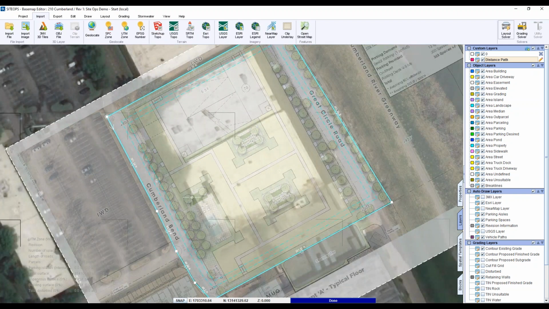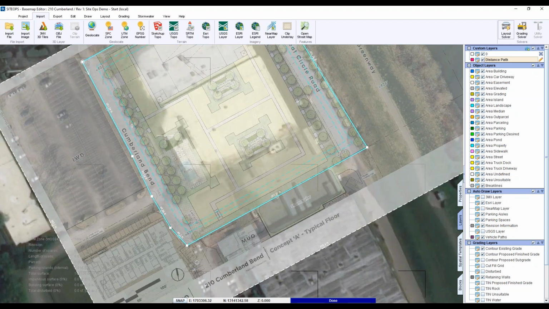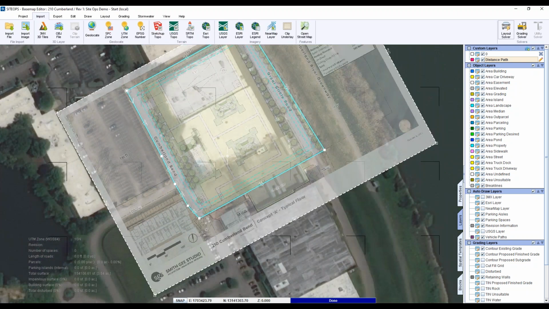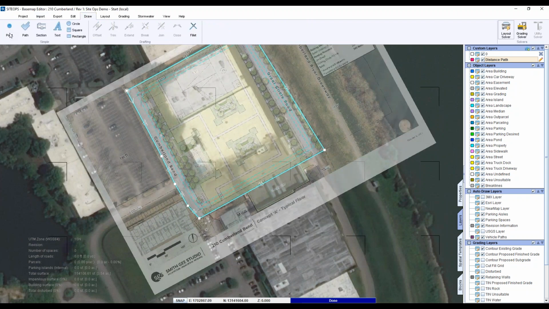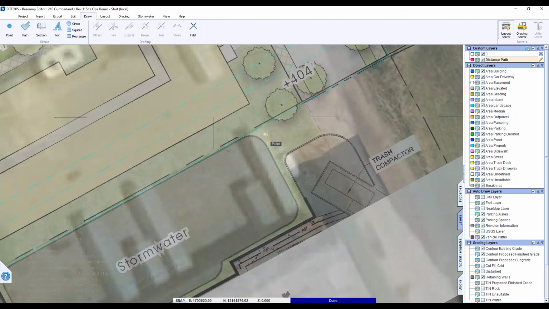And that does pull from ESRI servers, which is a third-party company, yep. But it pulls directly into SiteOps. So far, I've had really good luck with ESRI Topo, and this is luck as far as it matching kind of what we should have. I just saw a little error here in that I didn't pick up my storm area here. So it's one thing we can do. We can create some points to enlarge our boundary.